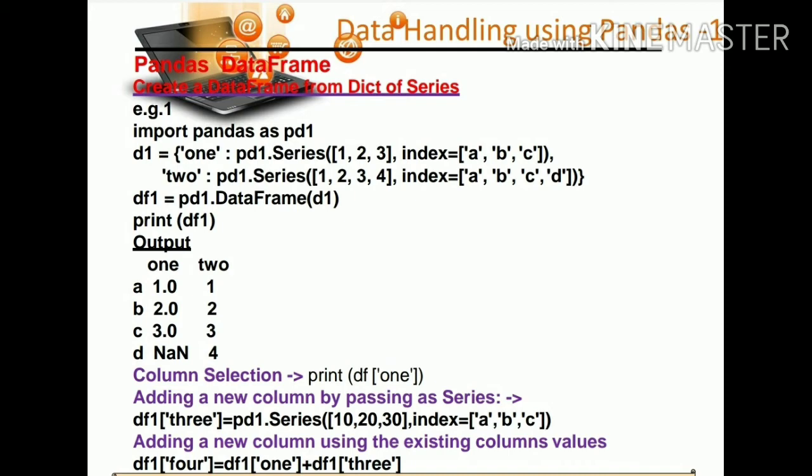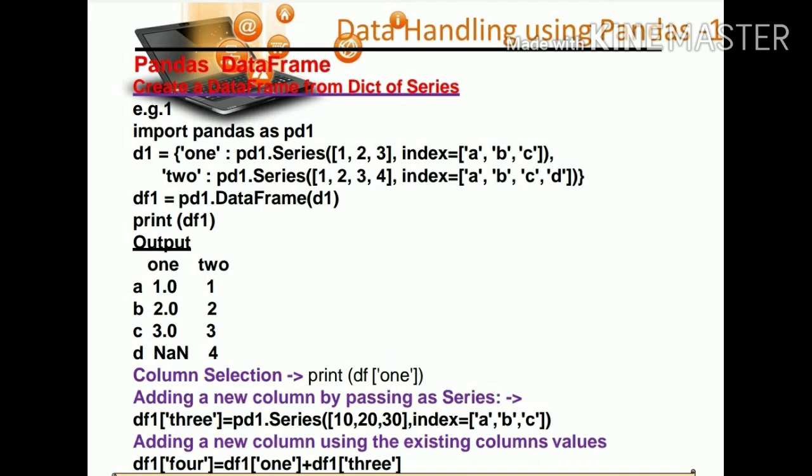After the comma, 2. 2 is the name of another column, the second column. Again pd.Series having entries as 1, 2, 3, 4 and index is A, B, C, D. See the output. Second column is 2. A, B, C, D are the indexes and 1, 2, 3, 4 are the values. Now see the first column 1. Since we have given only 3 row values in 1, the fourth we have not given, but for the second column 2 we have 4 entries. That's why in the first one it is given NaN. I hope it is clear.